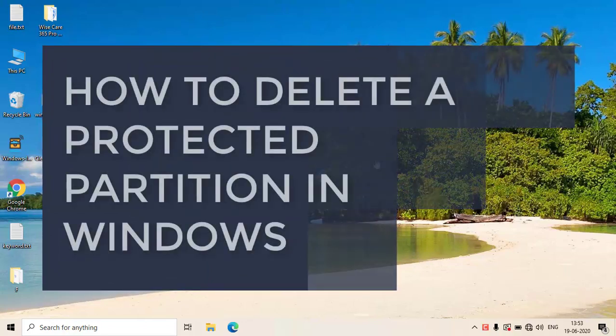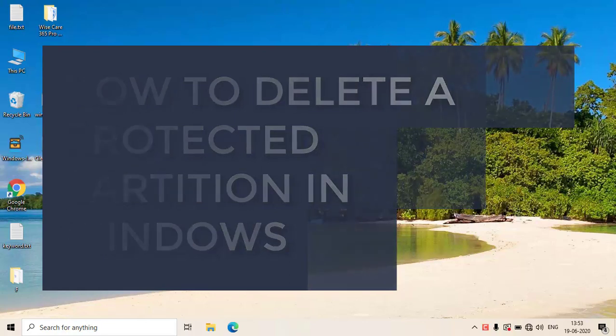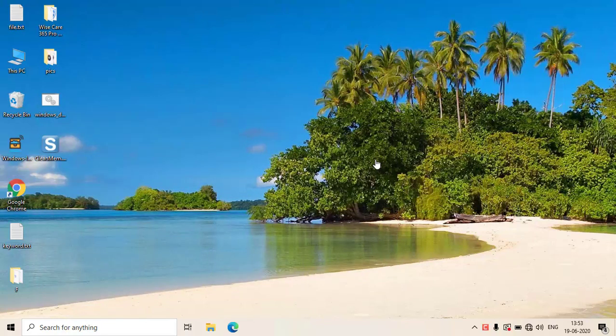Hi friends, in this tutorial I will teach you how you can delete a partition that you are not able to delete in disk management, or wherever you are trying to delete it and you are not able to delete that particular